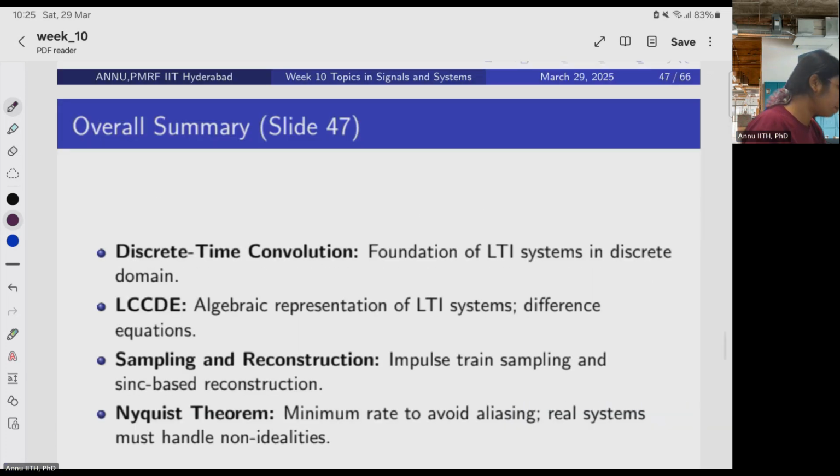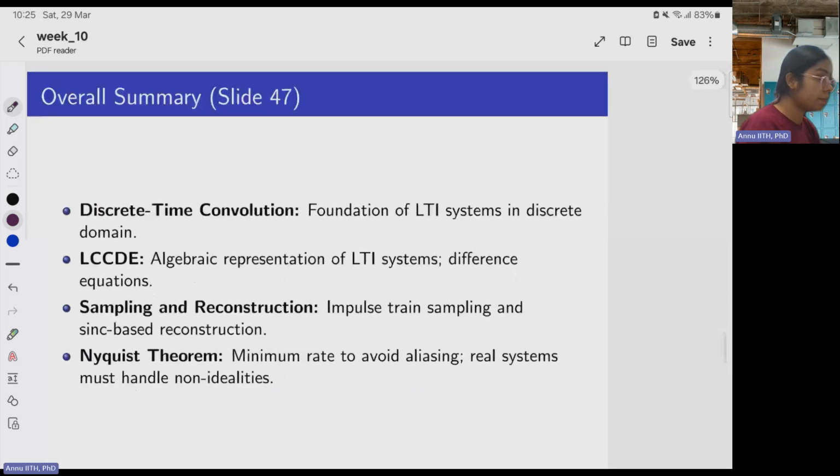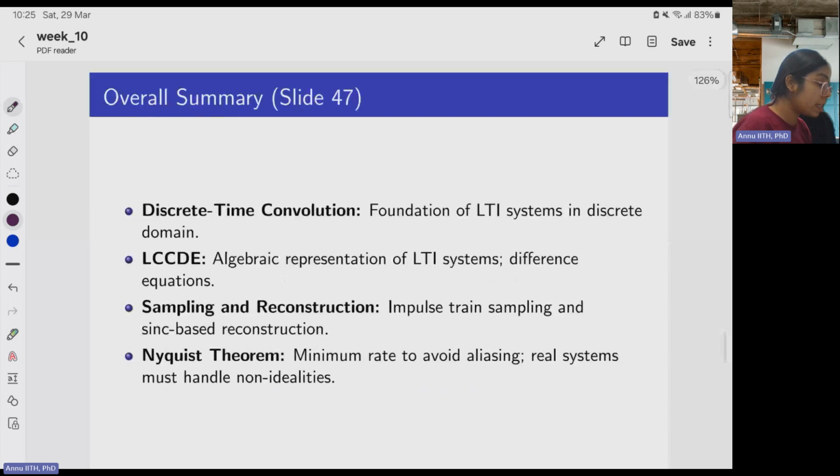So overall summary is this. The foundation of LTI system in discrete is actually